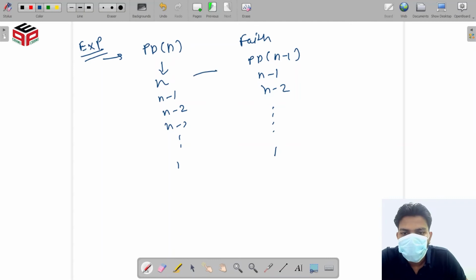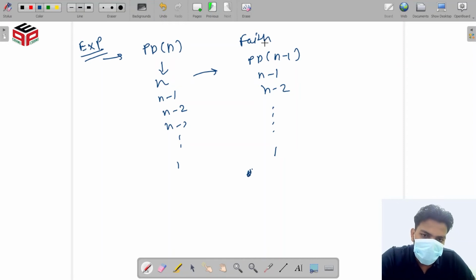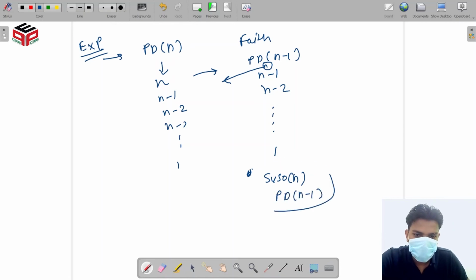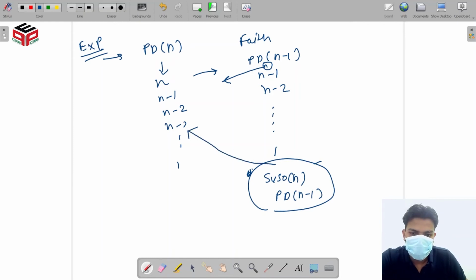So can we meet this faith and expectation? Yes, we can. Here n is missing, so we have to print n before calling this function. So we just print n here and then call the PD n minus 1 function, so that we can print this. Okay, so this is your general formula.